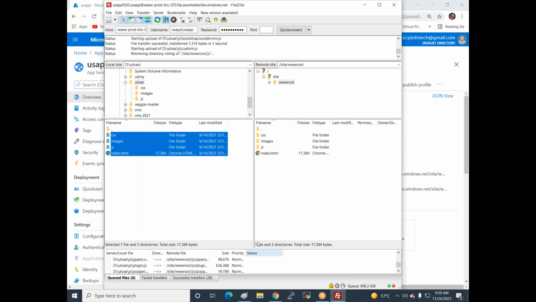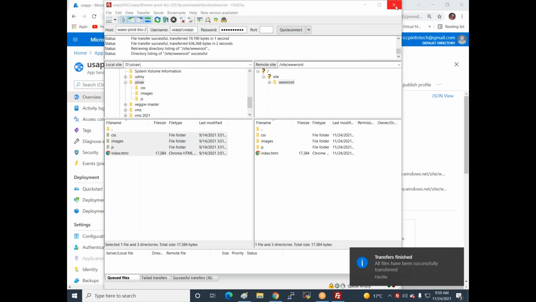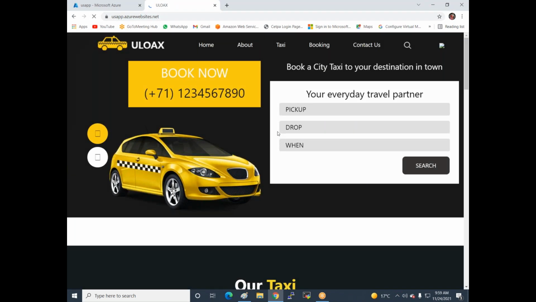The entire website is copied from my system to the app services console. Now I refresh, and you can see the website is deploying perfectly. Got it? That is how to deploy a website in app services.